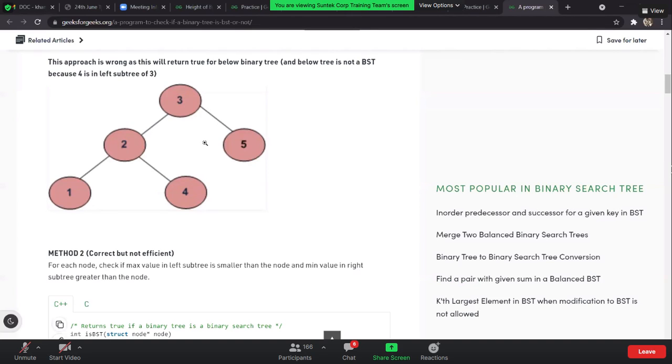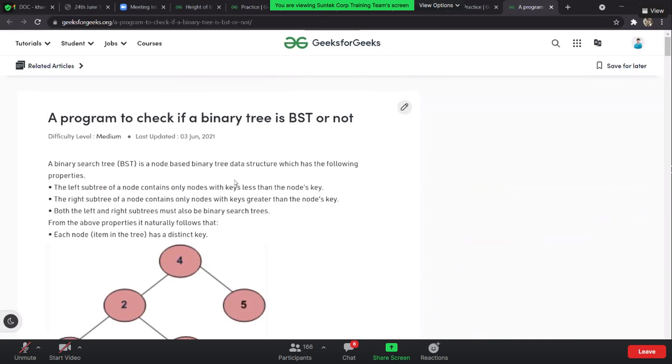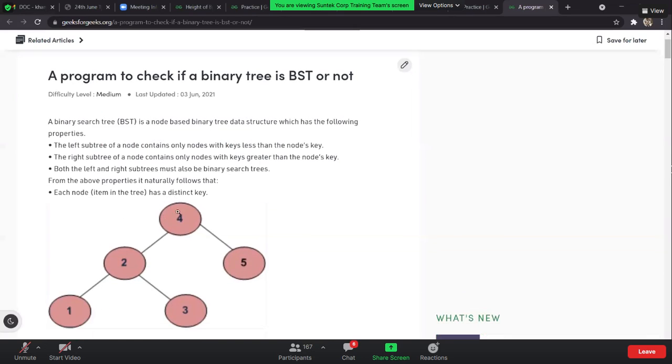Perfect. So now what I want you guys to do is tell me whether a given tree is a binary search tree or not. I will give you a tree. You need to figure out whether it's a binary search tree or not by using code. How will you do it? I'm not sure whether this question has been discussed or not, but maybe you guys can give it a try.